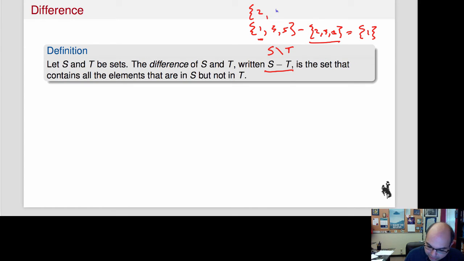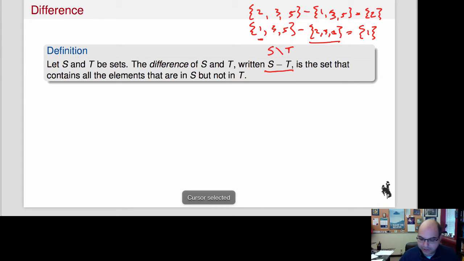In particular, 2, 3, 5, and I subtract 1, 3, 5. What I'll get is the set that contains 2. Okay. So union is symmetric, intersection is symmetric, set difference is not symmetric. Okay. All right. So we have kind of the English or the intuitive way of saying what it means